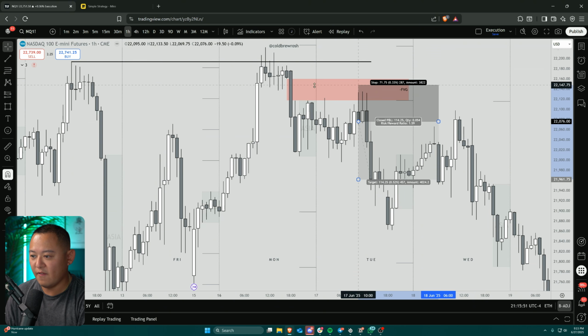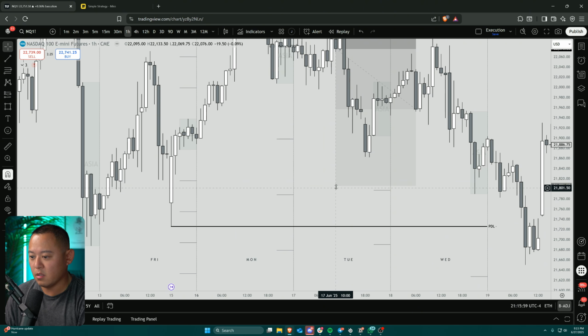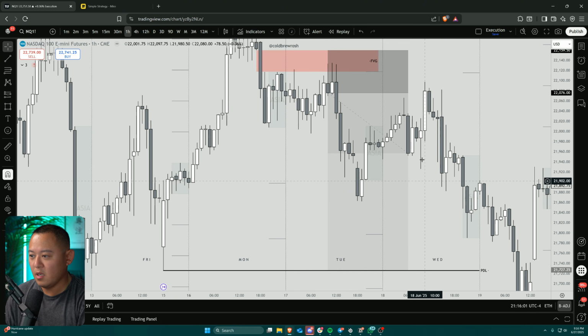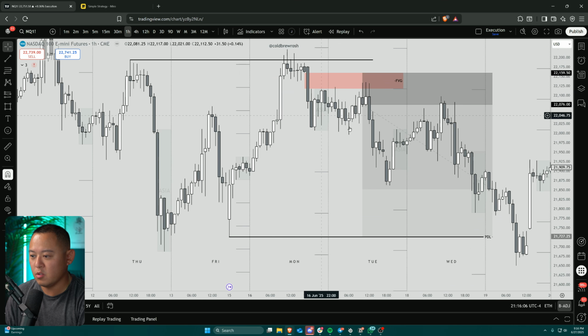Maybe it's 50% of the fair value gap. Maybe it's the high end of the fair value gap because it is kind of wide. And I really am just targeting, maybe I am going to target the previous daily low all the way down here. Now, you guys can see that if you're a futures trader, you would not be able to hold this